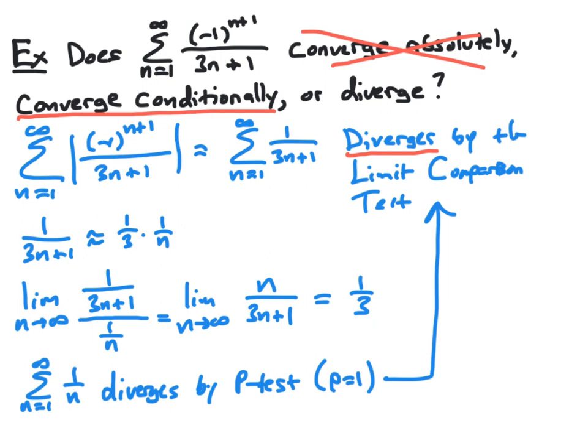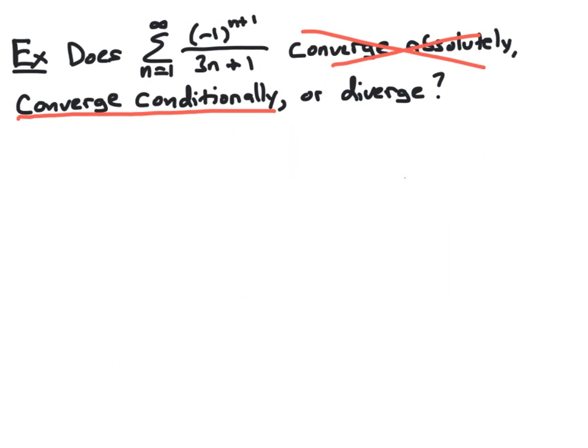And in order to do that, since we already have the series of absolute values diverging, we simply need to know that the given series as written converges. Since it's an alternating series, we're going to use the alternating series test to check for this. To check for conditional convergence, we let b sub n be the non-negative part of our series, so that would be 1 over 3n plus 1 here. For n a positive number, we know this will always be positive, so that first condition will hold pretty trivially. The second condition is we want the terms to be decreasing,